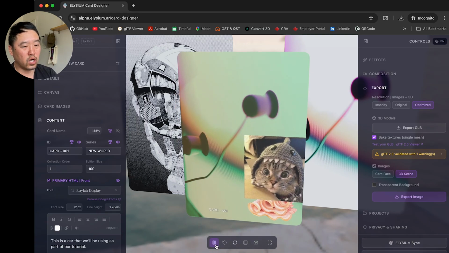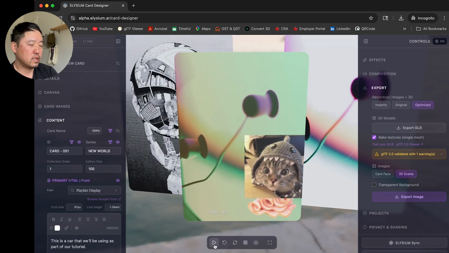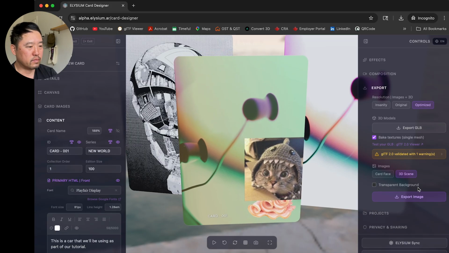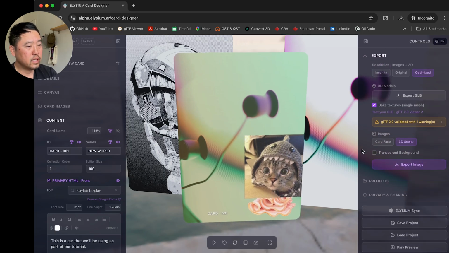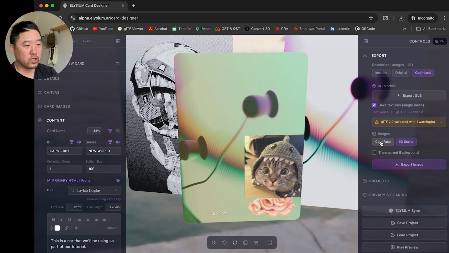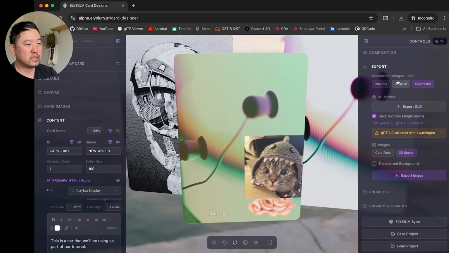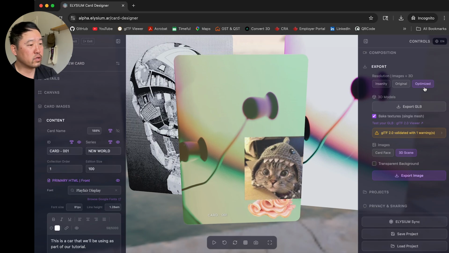And if we want to turn off the spinning, we can just click on that. This little button here is what turns on the spin animation. Now we can export images, we can export the card faces, and the resolution of this is also set by the settings above here, whether they're original, Insanity, which is 4K, and so on.